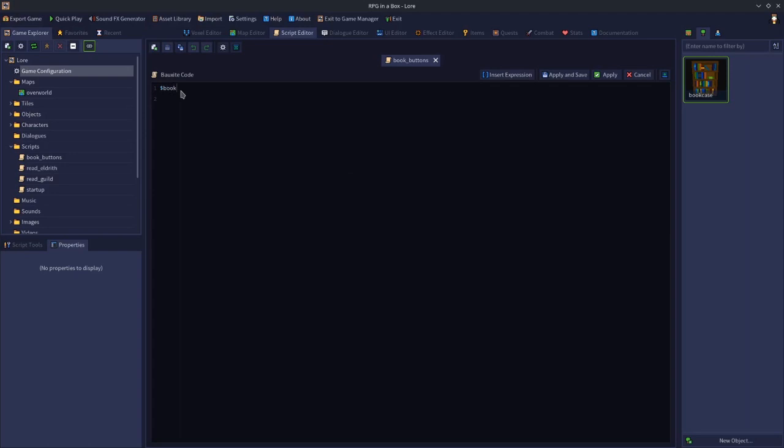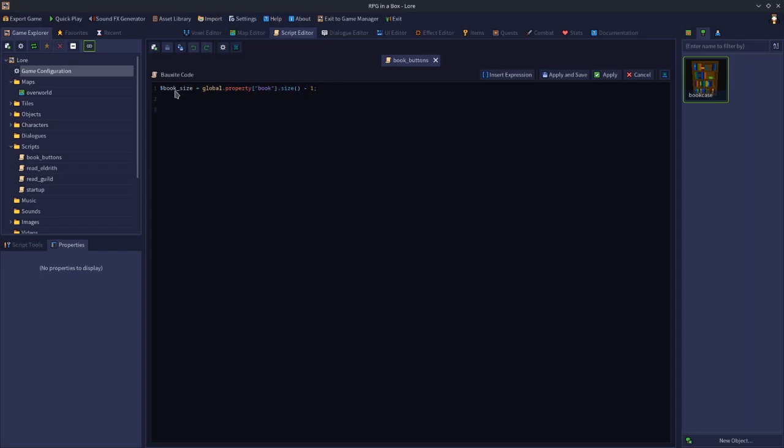So $book size is going to equal global.property book dot size -1 again. So we're getting whatever the current book is, get its size, store it back into this